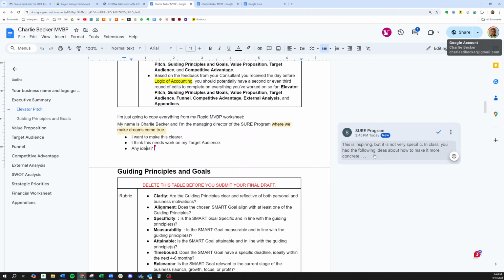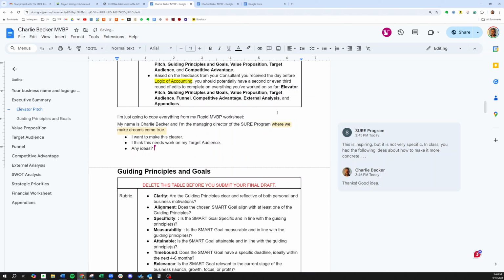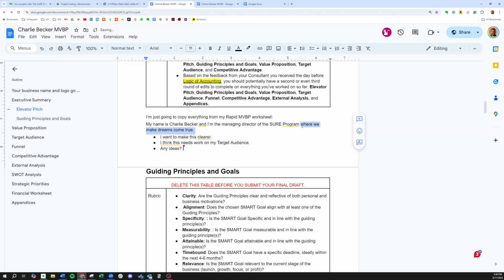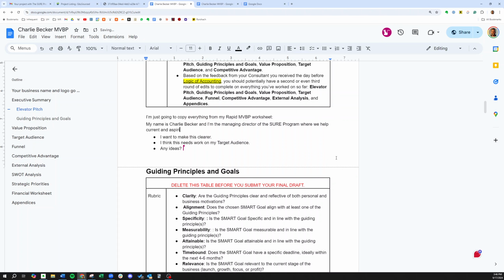But 2, our suggestion when you're in SURE is to leave comments up until they get to be too much or too cumbersome, but definitely to leave them up for a week or 2 unless you delete the text that they were attached to, you know? And so, like here, I might respond to this, like, oh, thanks, good idea, just to let them know that I saw it, and then I'll edit in here. Like if I want to delete this, I'll respond first, and then I'll mark it resolved, and then I'll delete and say, where we help current and aspiring entrepreneurs